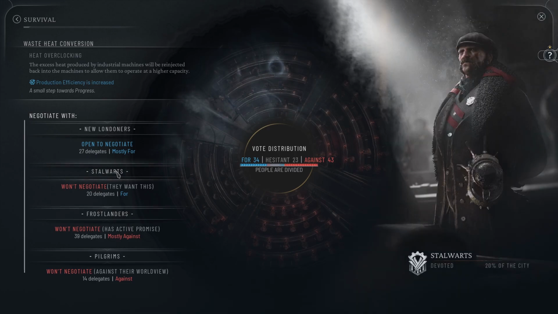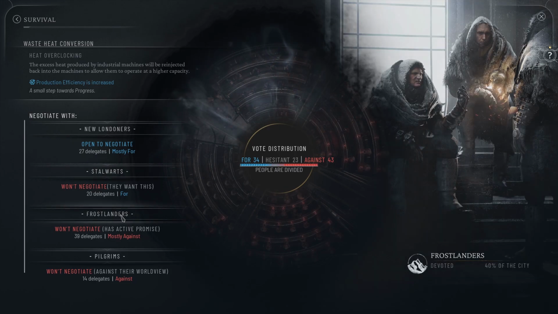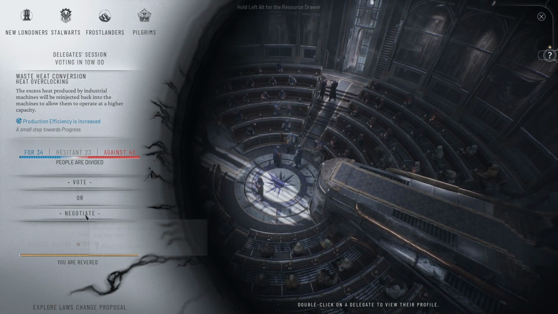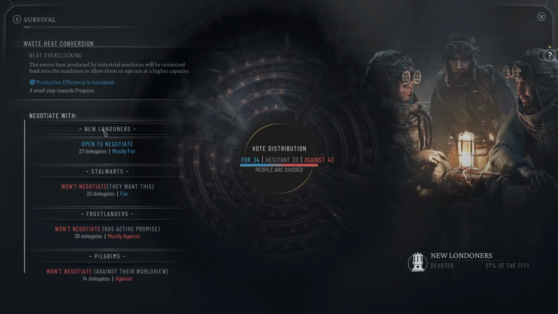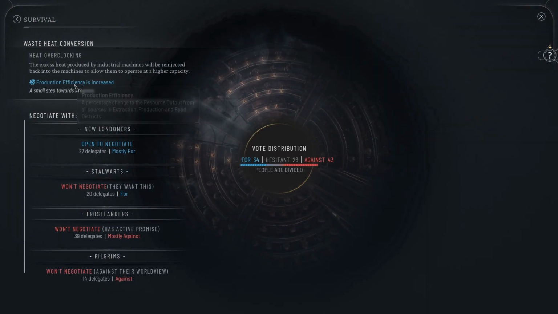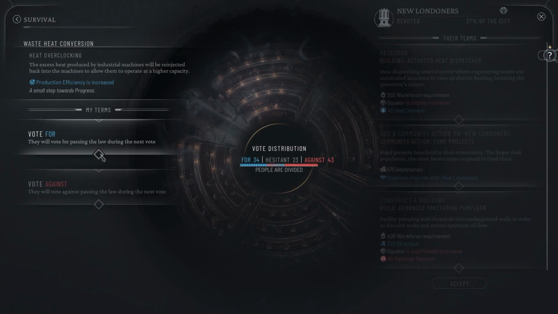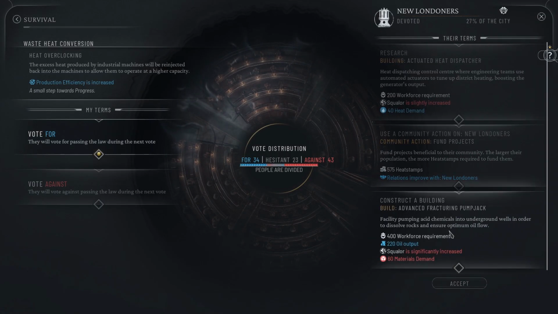Oh, no, they want it. The Frostlanders have a promise. Okay, what were the numbers? 34 R4. So if we can get the New Londoners on board, that will work. I thought that was already in, but of course it's not in. Let's do it now. Okay, can you please vote for...